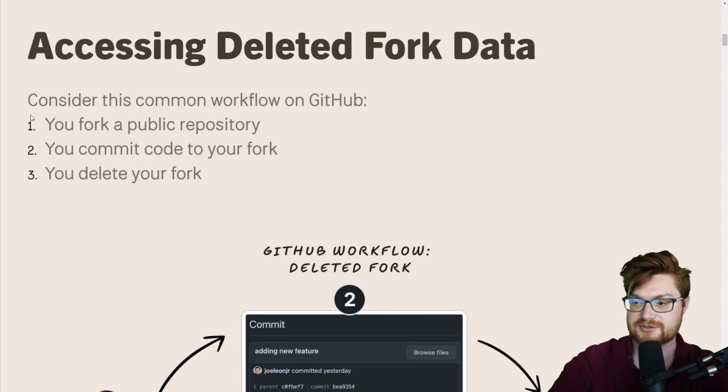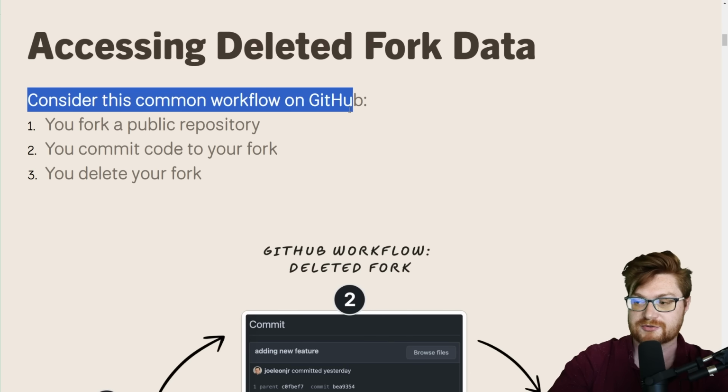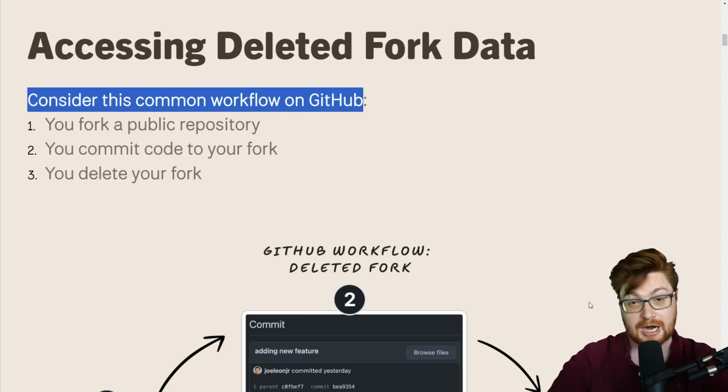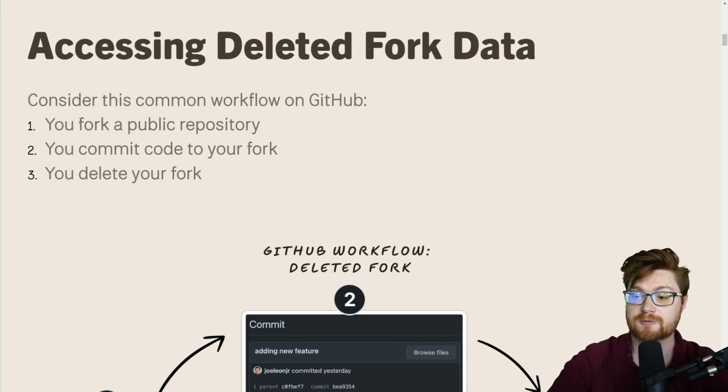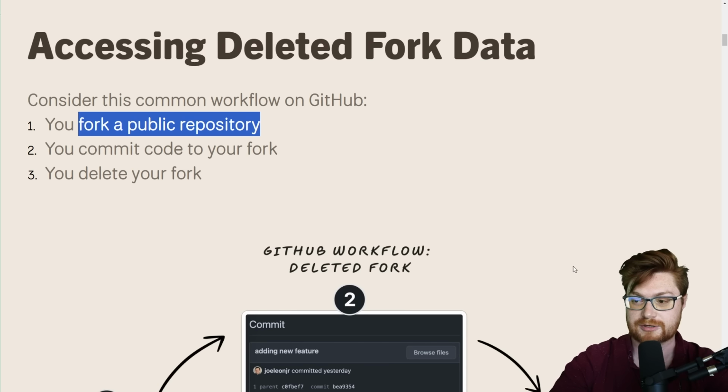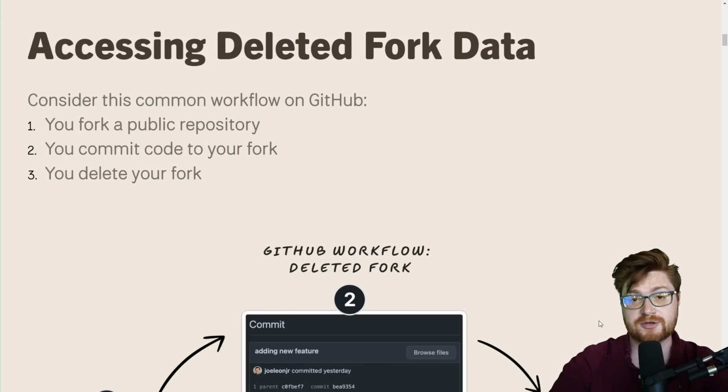Couple different steps here. Let's say you found a repository out on GitHub that you liked, you thought was cool. So you created your own copy, your own clone, or at least a new fork of that public repository. And then you add to it. You tinker, you add some new features, you do whatever you do, but then maybe you just put it away, you're done with it. It wasn't really all that worthwhile, so you delete the fork.